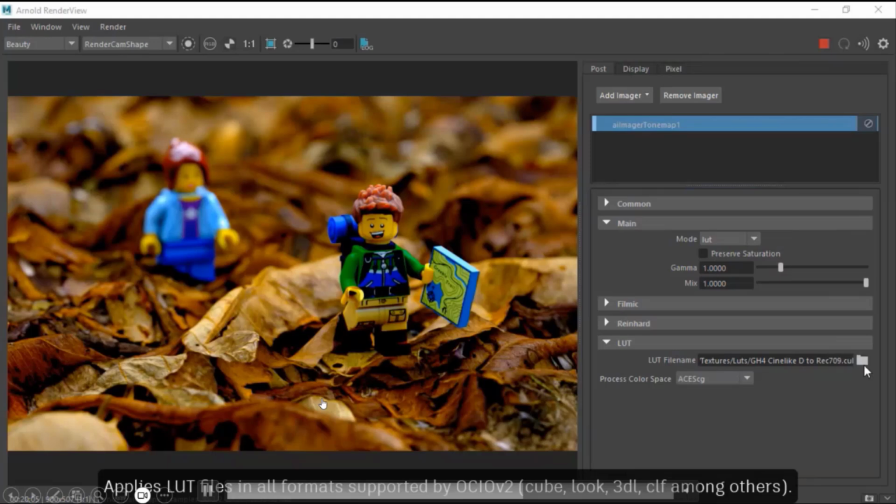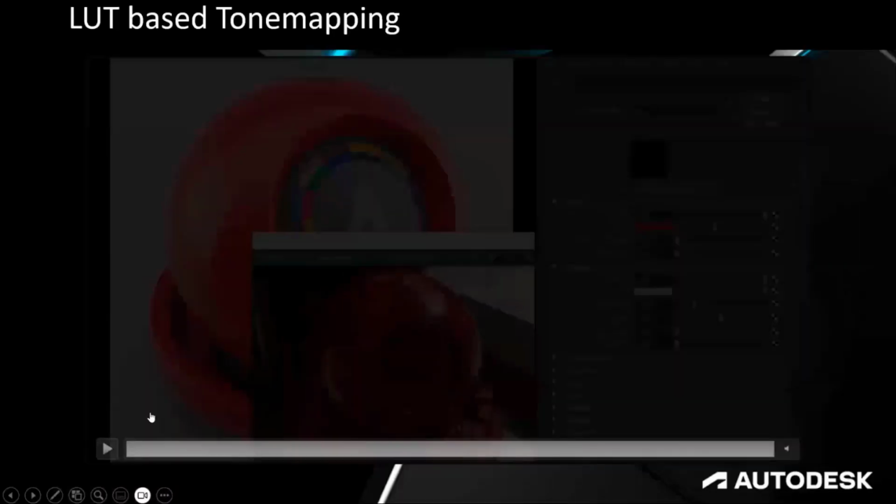Sometimes LUTs are paid, but you can find free ones, though free ones are not quite as good and the color is sometimes a bit different. The file types are LUT, cube, look, 3DL and CRF. Most After Effects plugin LUTs can be adapted inside Arnold.